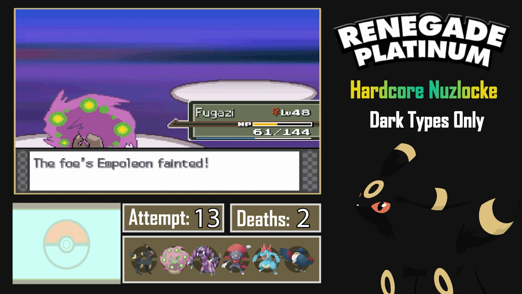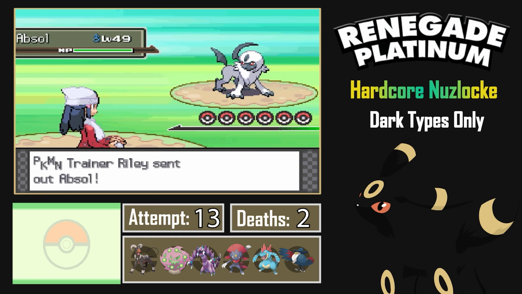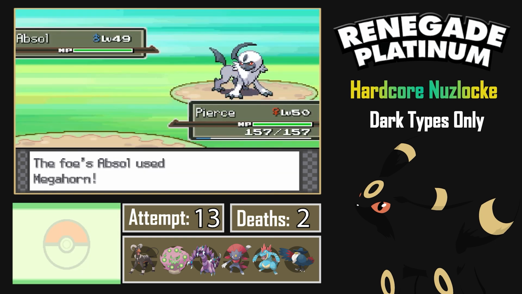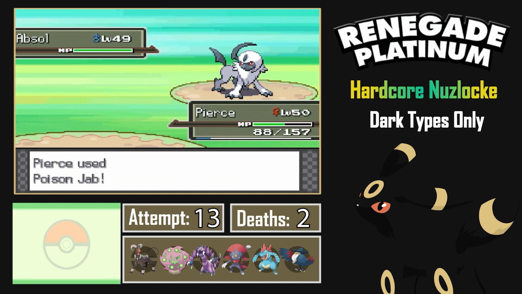Before we can enter the gym, we have to first take care of business at Iron Island, which includes a fight against Riley where after intimidating the lead Absol, Drapion can easily go behind a Substitute, set up Swords Dances, and sweep. Here you see me elect to not learn Cross Poison as we have Poison Jab, which is a